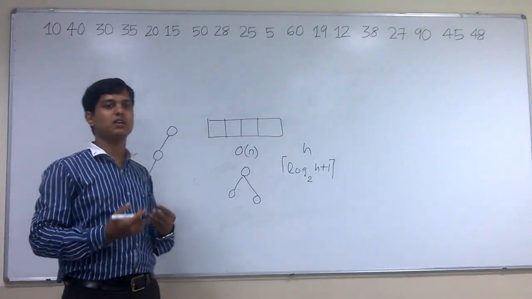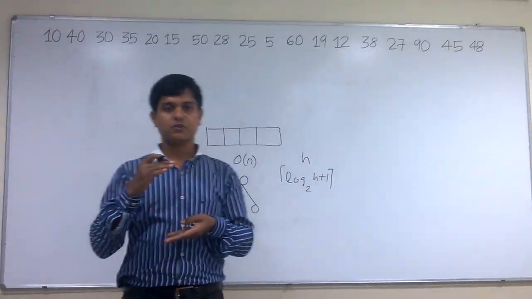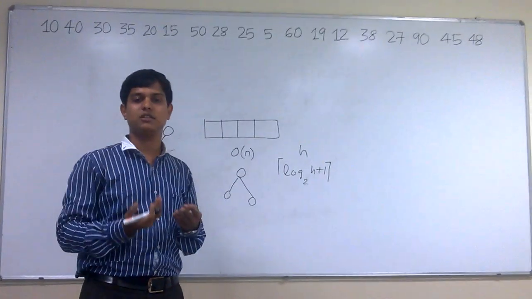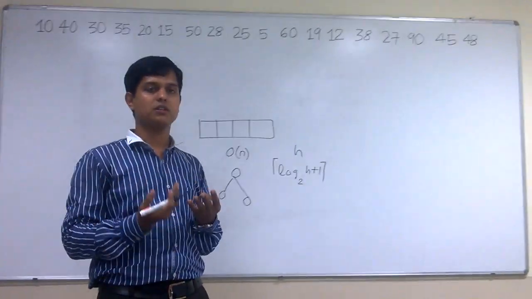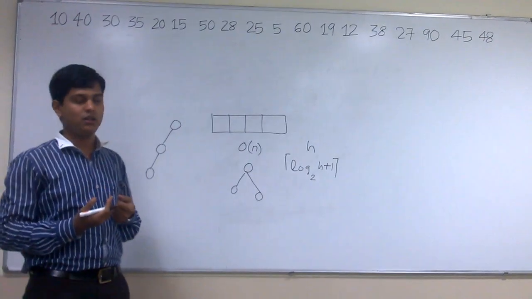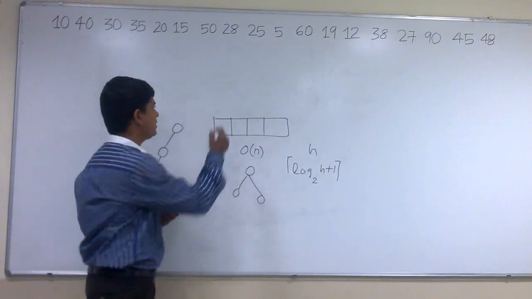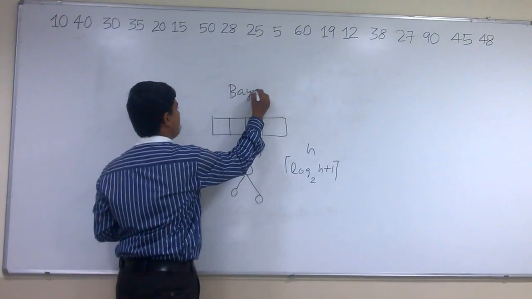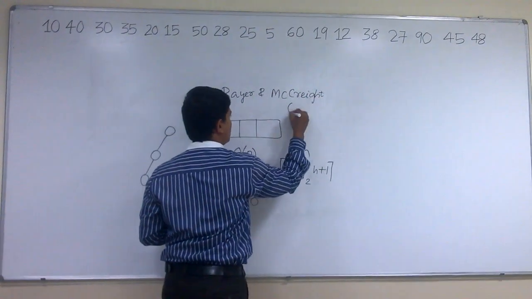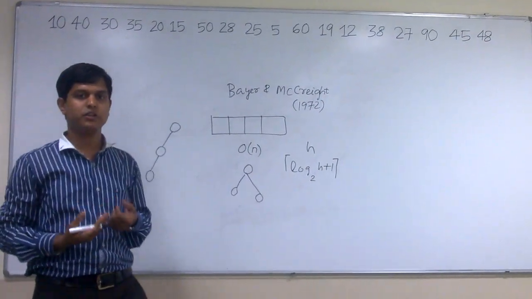But B tree is applicable for the external searching technique, where the capacity of the memory is very less. So you can store partial elements in the RAM, and the rest of the elements are present in the hard disks. It may be external storage like hard disks or a solid state disk, or it may be a network file server. So B tree was developed in 1972 by two scientists. One is Bayer, another is McBride. In 1972. So B tree has some structure, some properties that we need to discuss first.